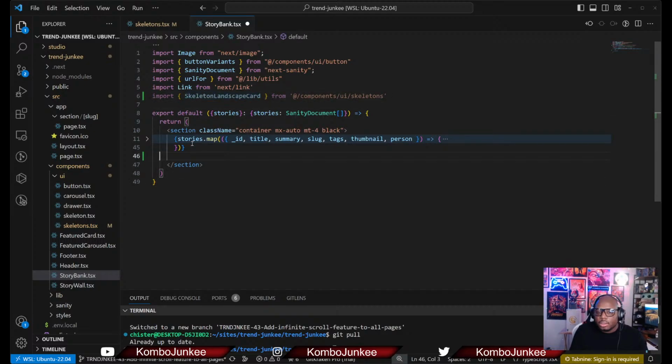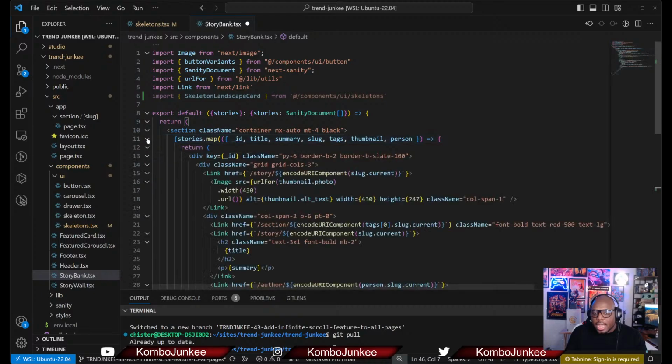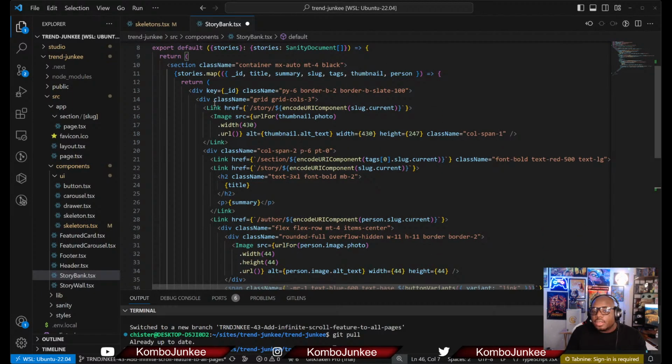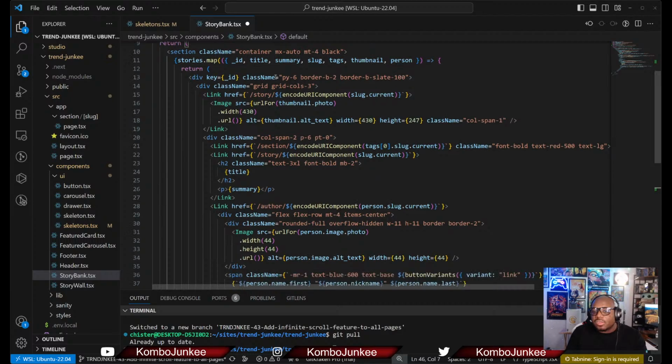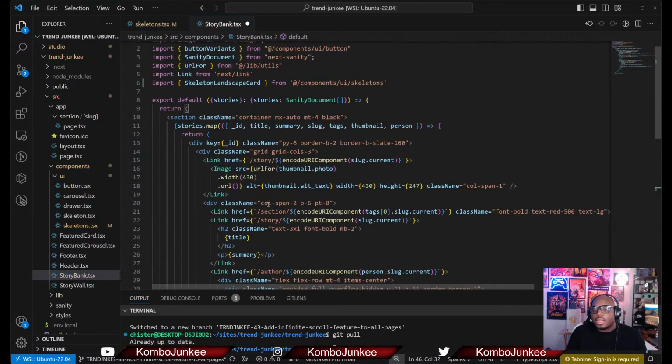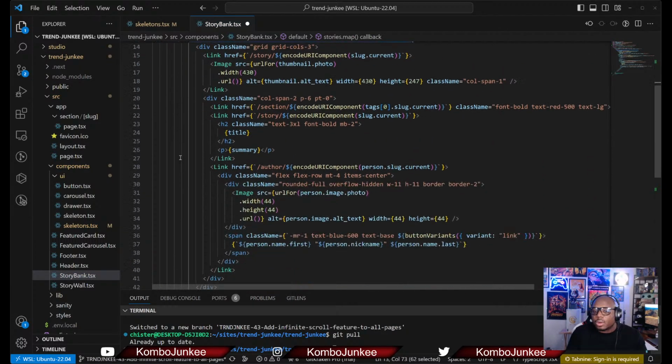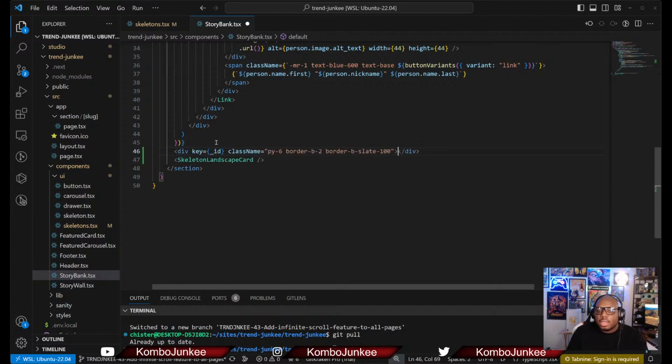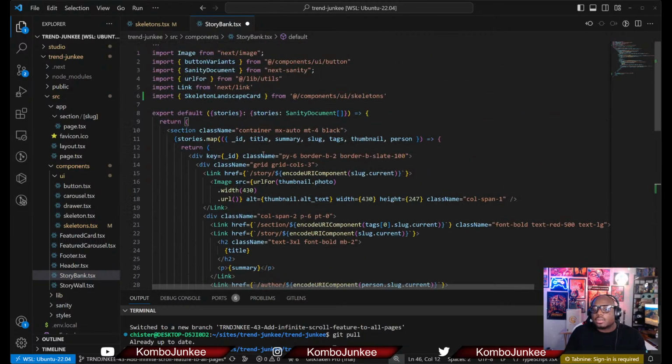So we'll say it needs to be wrapped in the same thing that this is wrapped in. And then these little sub items need to be wrapped in the same thing as well, right? So let's start with our component. Let's just add the skeleton card, and then let's go grab the outer container for each individual row, which is this guy. Okay, so now our card is wrapped in the same container that the other stuff is wrapped in,